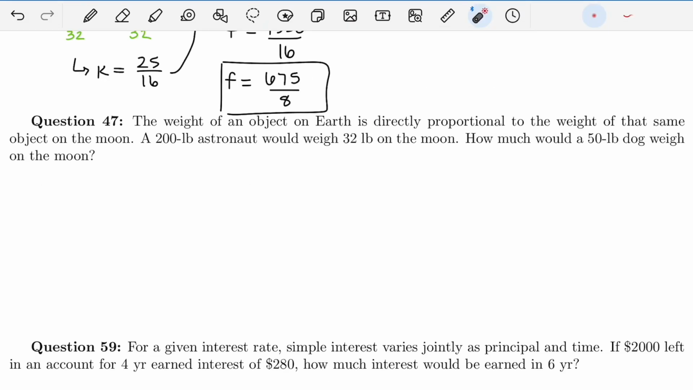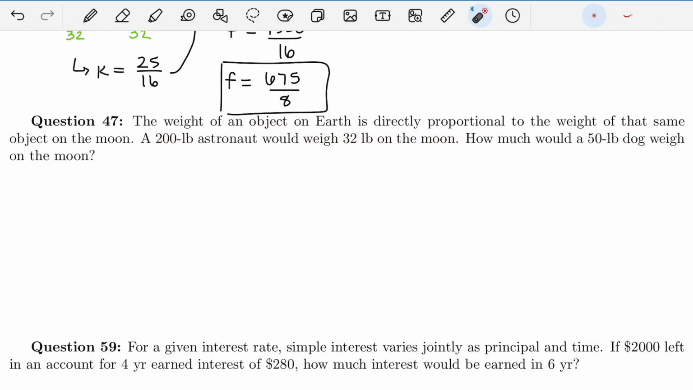All right, so now we're going to apply what we know about these variation equations to a couple word problems here. So for this first one, we're told that the weight of an object on Earth is directly proportional to the weight of that same object on the moon. So we know that we're dealing with direct variation here. Then what we want to do is use this information here to figure out how much a 50-pound dog would